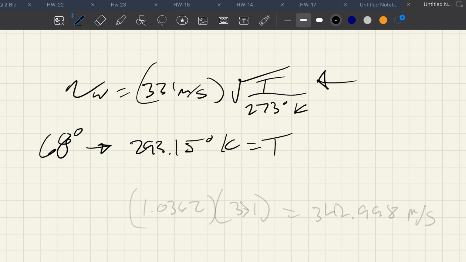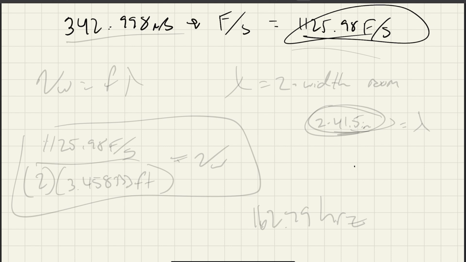So now we do the square root of 293.15 divided by 273, and that equals 1.0362, and we multiply this by the speed of sound in meters per second, which equals 342.998 meters per second. So now, by taking our speed of sound that we measured in the bathroom in meters per second,